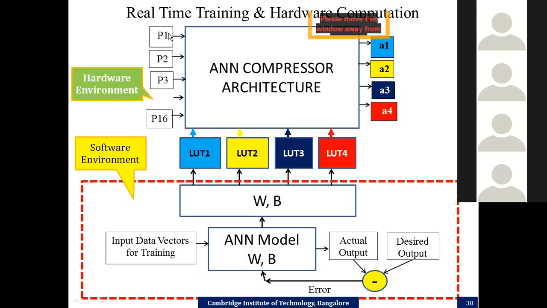Now you start using your inputs, which are not part of training, or maybe part of training, because the weights are all available with you, biases are all available with you. You can start generating or compressing the data. So this is the reason why we are trying to use this kind of approach for implementing your ANN on a hardware. Now I hope you have got the idea why this method is adopted. It's very simple.